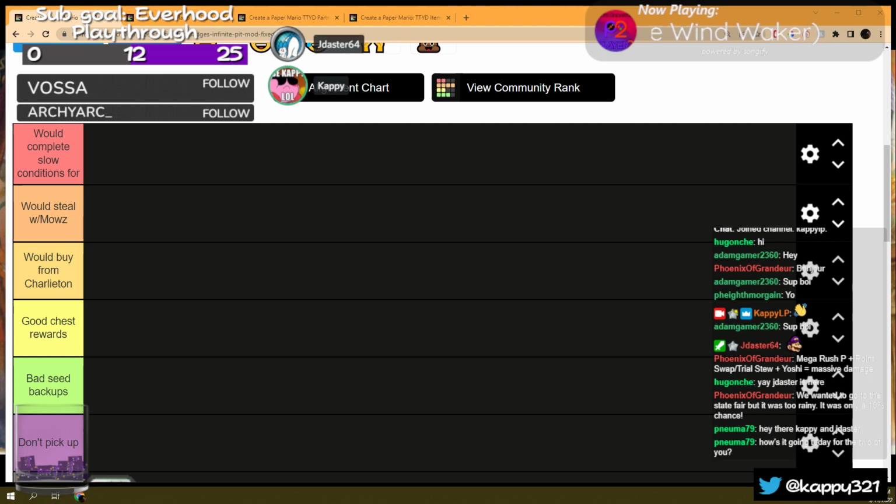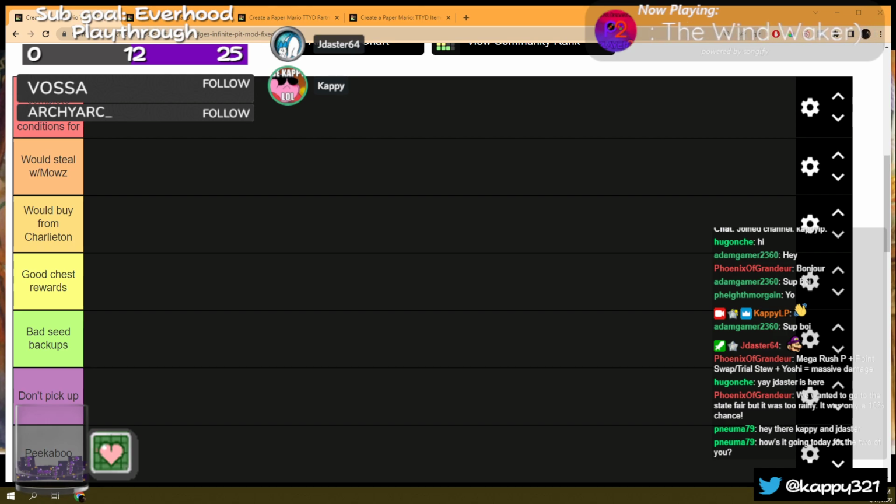Would steal with Mouse, pretty self-explanatory. You can steal badges with Mouse. Which ones do you want to steal? Find out soon. Would buy from Charlieton. Every shop is randomized based on the seed. Sometimes the badges are good, sometimes they're really bad. We'll tell you which ones you should be buying. And then,